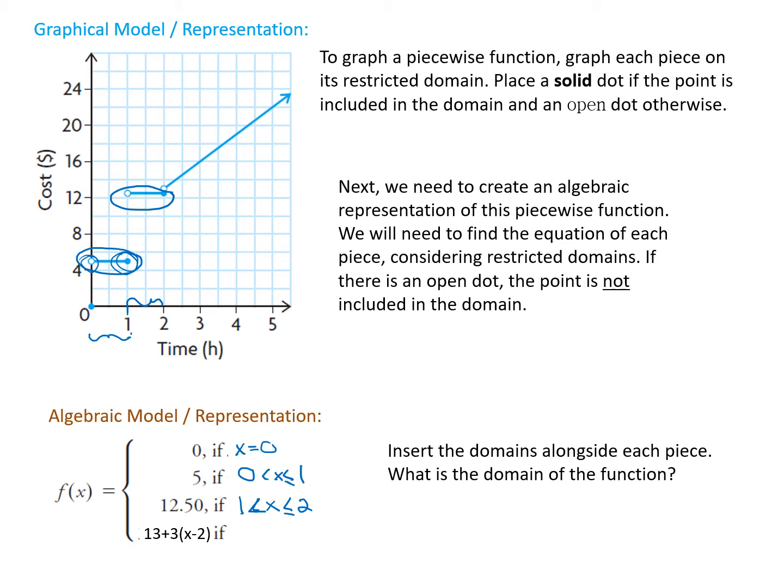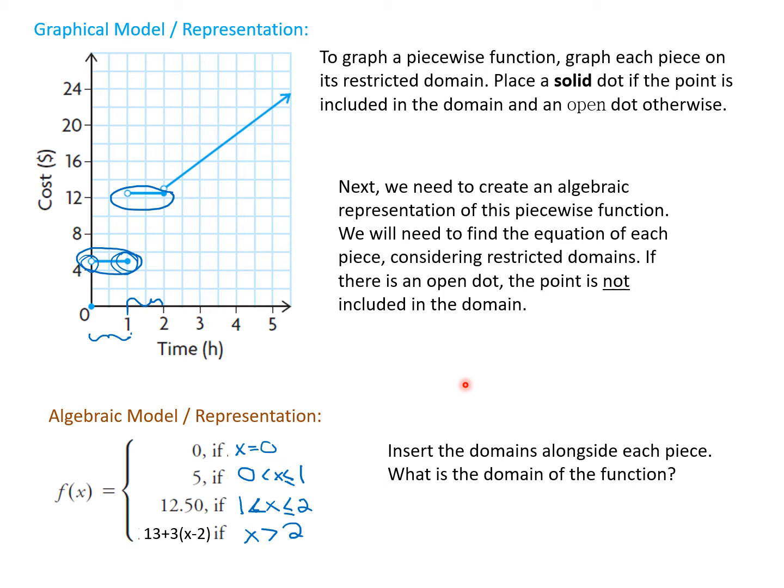The last piece is the linear part at the end, and that is going on to infinity, every x value that is greater than 2. Not greater than or equal to 2, just greater than 2. So those are the piece domains of the entire function, but altogether there's a domain for the entire function. So we take all these pieces and we put them together,